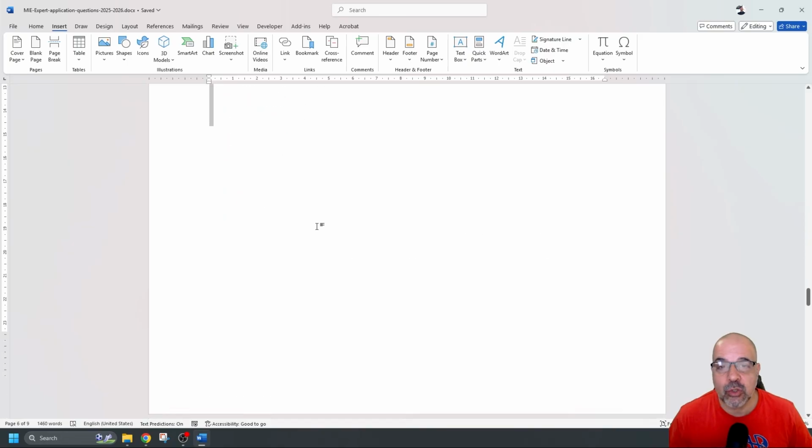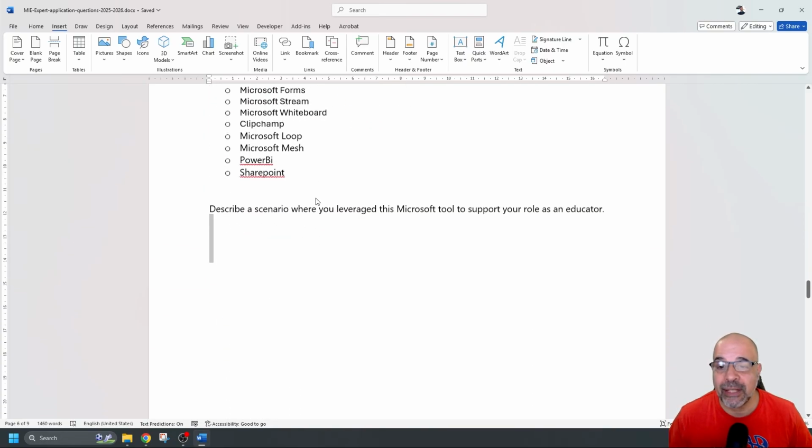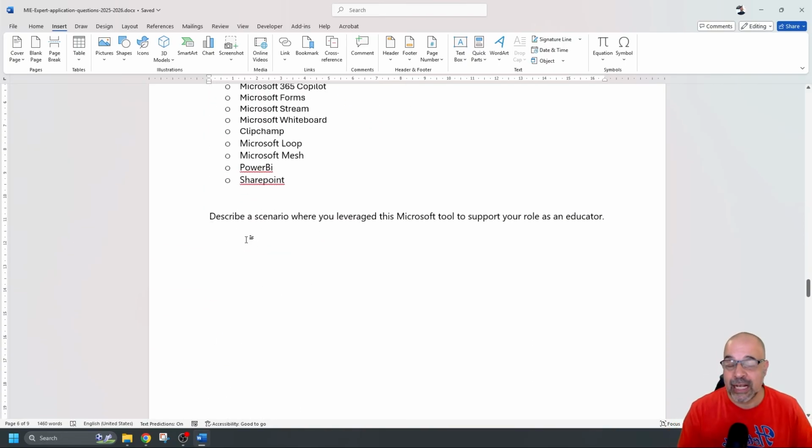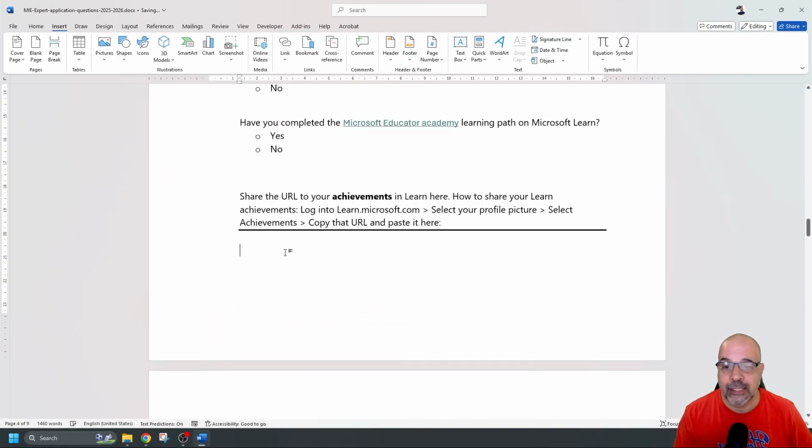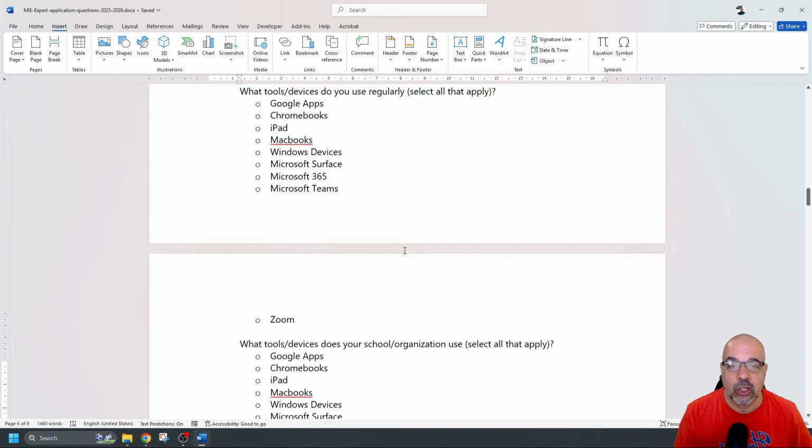Okay, so that's this document. You need to get this document. You're going to complete everything on this document electronically, so you'll write your answers here and have everything ready. Once you've got everything on this document ready, your long form questions, you've ticked off whatever you ticked off, you've placed the link to your achievements here, then you're going to be able to go to the nomination process. But for now, let's go to completing